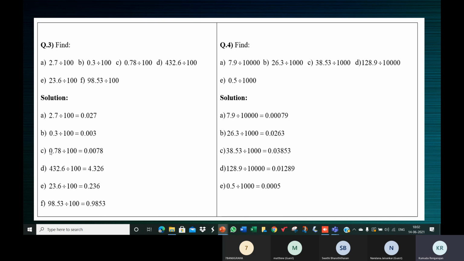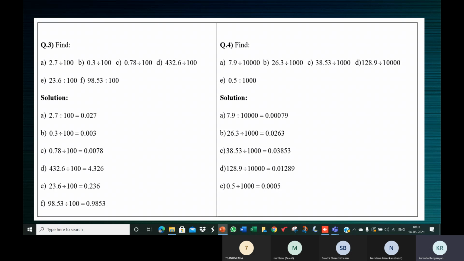To tell you the C subdivision here, 0.78 divided by 100. When you divide, it's going to become smaller. It's already 0.78. If you shift it to the right side, it will become 78, because 2 zeros. Children, we are already familiar with this. In case you still have a question, you can ask me. So now 0.78, when you divide by 100, you know you have to shift the decimal point.